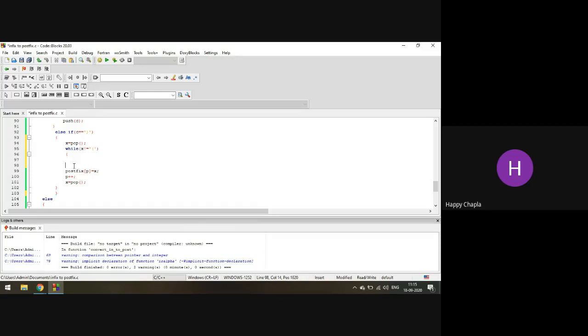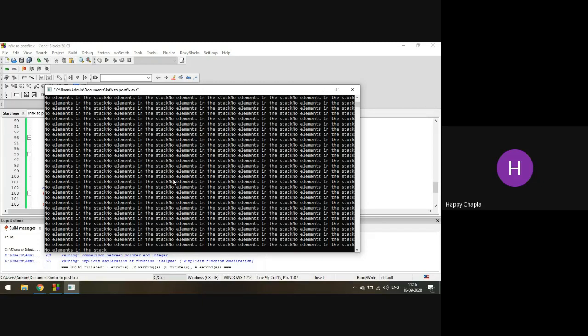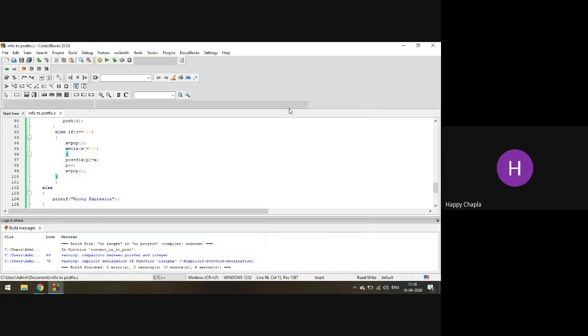Because you have already inserted one closing bracket after your infix expression, but it didn't find any closing bracket, so how will it run? Okay, now try to run. Now those three lines are perfect. Okay, no elements in the stack.